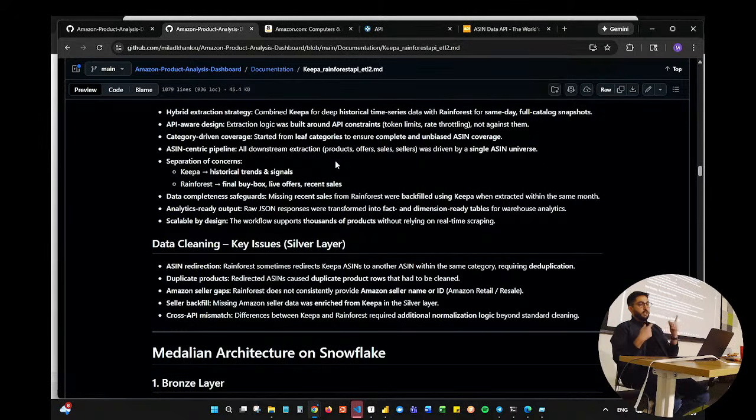I extracted 900 products from the Keepa API, but when I fed the same ASINs, the Amazon identifier, to the Rainforest API, I realized that whenever you pass in the request, Rainforest cannot find that ASIN,